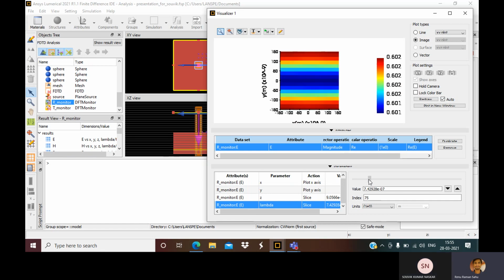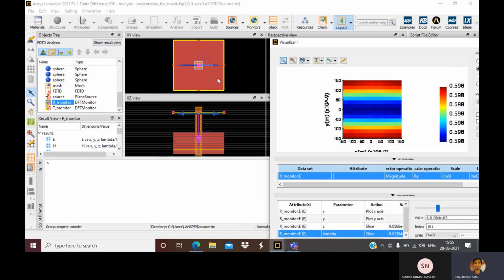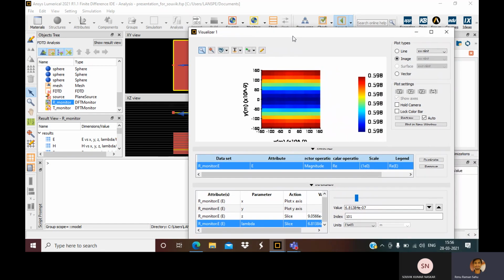We may need it sometimes, not from this monitor but from this other monitor that we place here. Get it? Yes, got it. So that's all I had to say.